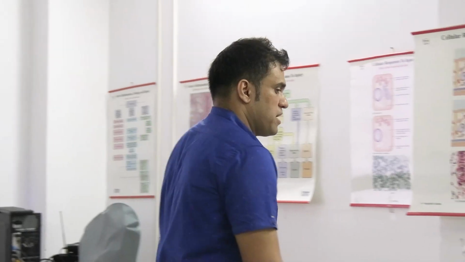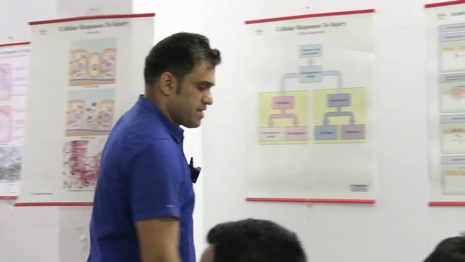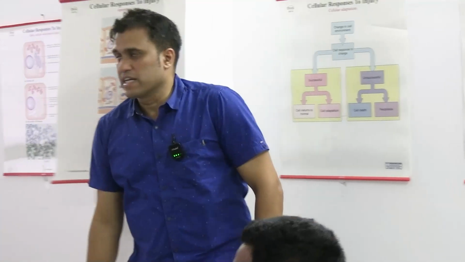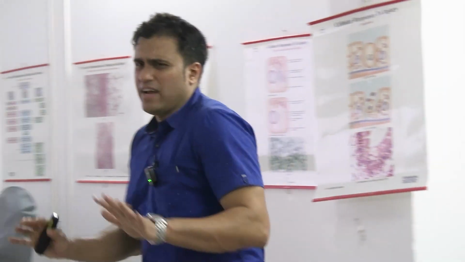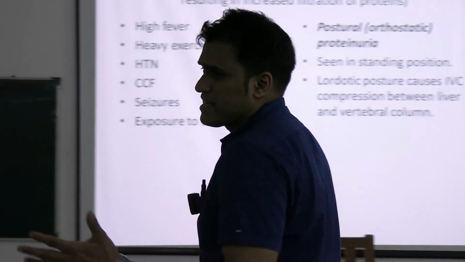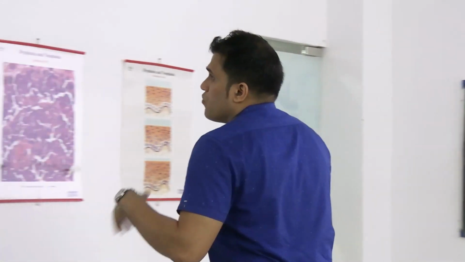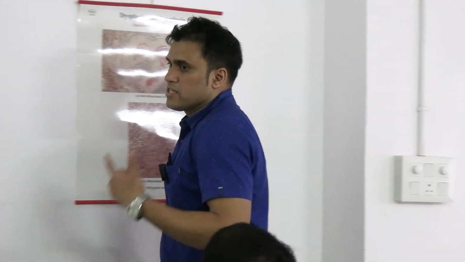Altered blood flow through the glomeruli results in increased filtration of protein. It's a very transient phenomenon. Okay, it does not stay. With removal of the causative agent, the proteinuria disappears. And the proteinuria is very mild, probably less than 1000 milligram per week.